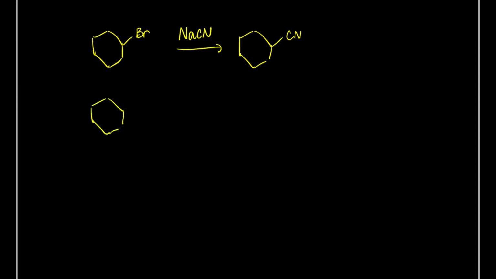So think about that. How do you go from something like this to something like this? Well, you just want to substitute the bromine for the cyanide, so you can just add sodium cyanide. Well, that's easy. How do you go from something like this